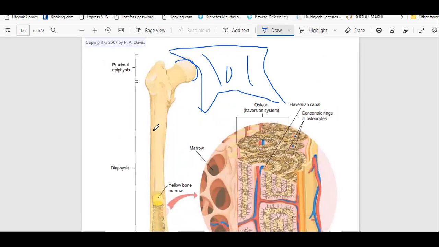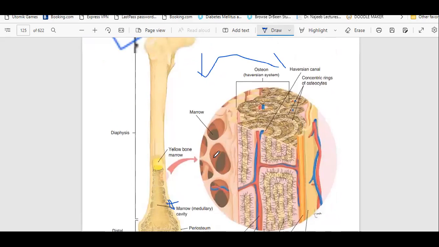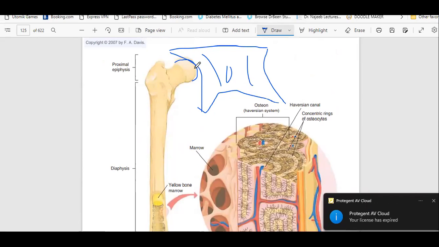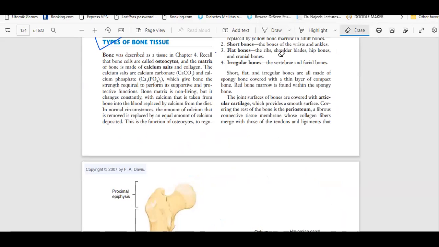This is the femur bone, the femoral bone. If you want to attach these bones and have movement easily, nature provides articular cartilage. Cartilage is a soft tissue which provides easy movement with little friction, no rigidity,